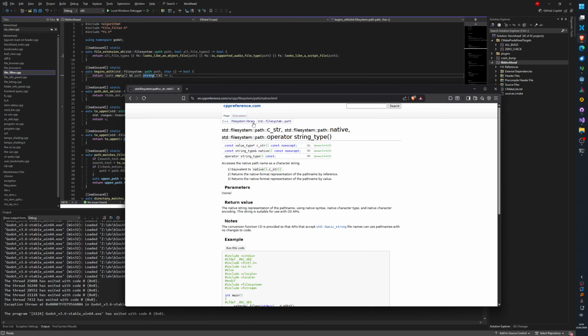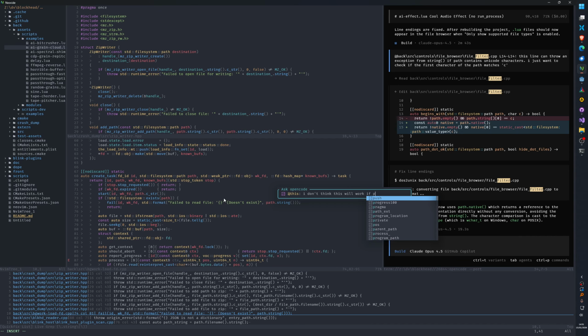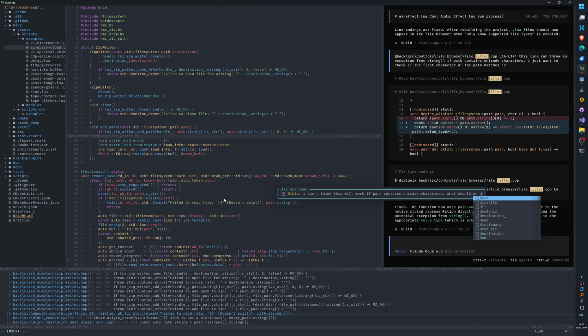I pressed the wrong button. What did I press? I don't think this will work if path contains Unicode characters. What should we do instead?